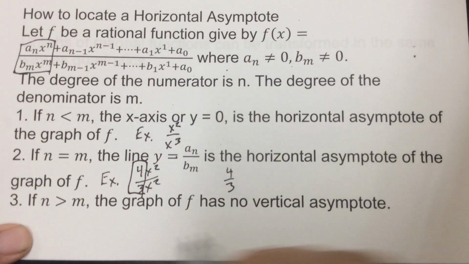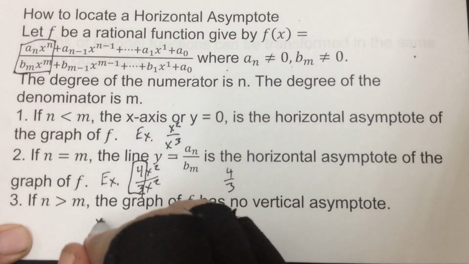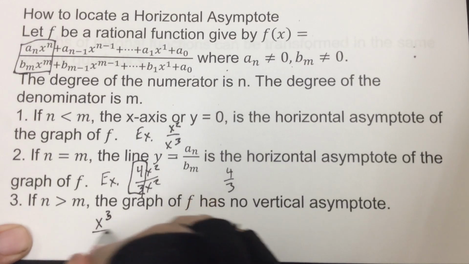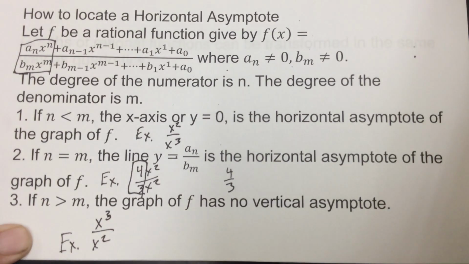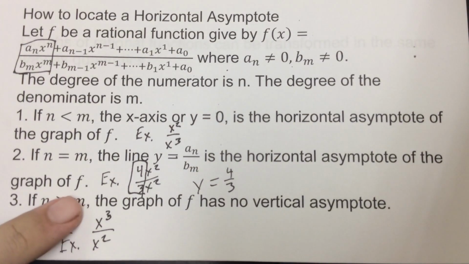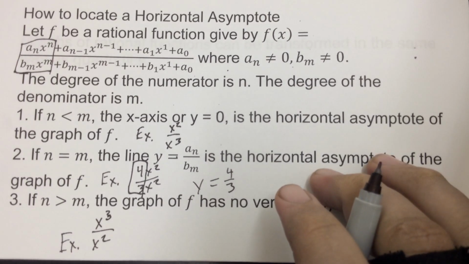So it's just going to be the coefficients in front. Now, if the bottom is smaller, so if it was, say, x to the third over x squared, for example, then no horizontal asymptote. So top is smaller, it's y equals 0. If they're the same, whatever those coefficients are, that's what it's going to be. So this would be y equals 4/3. Now, if the top is bigger, then no horizontal asymptote, and that's going to be something different. We're going to get into it in a little bit. But before we do that,